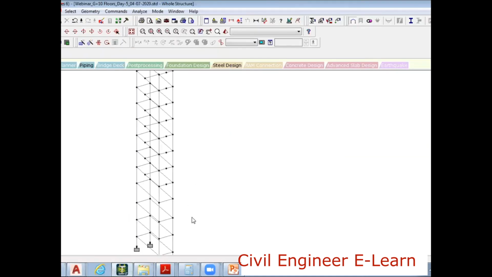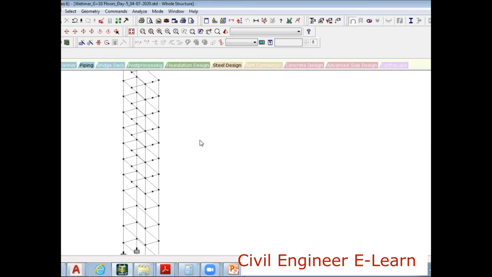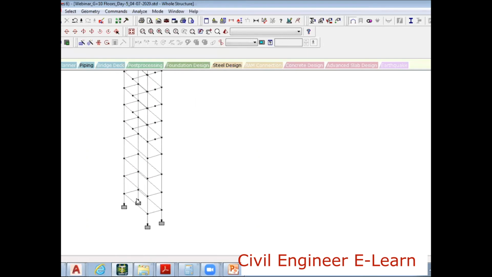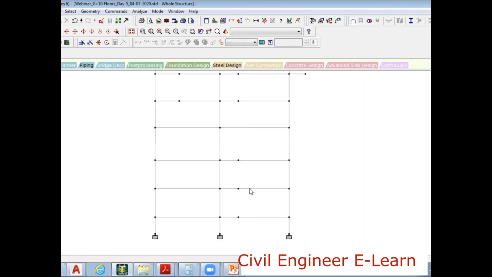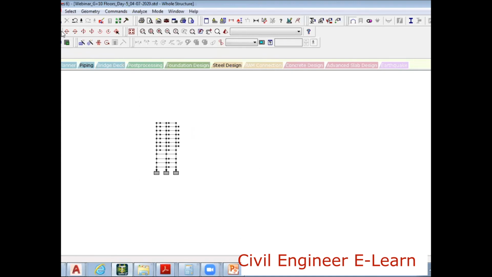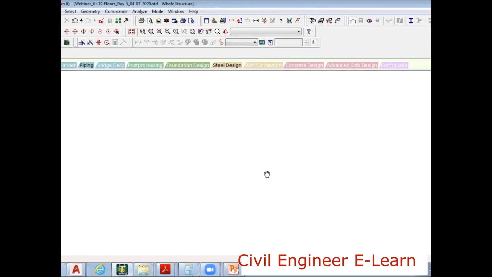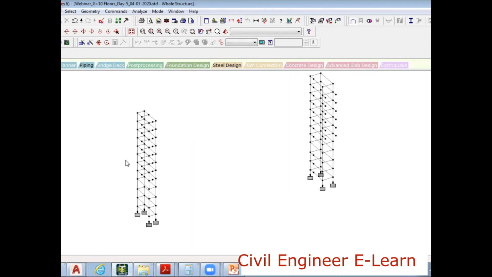Yes, now I have to add the mid landing beam to it. Mid landing beam in the sense, this is the staircase entry from here to here. I can show you like this. Right, so this is one staircase, this is another staircase.